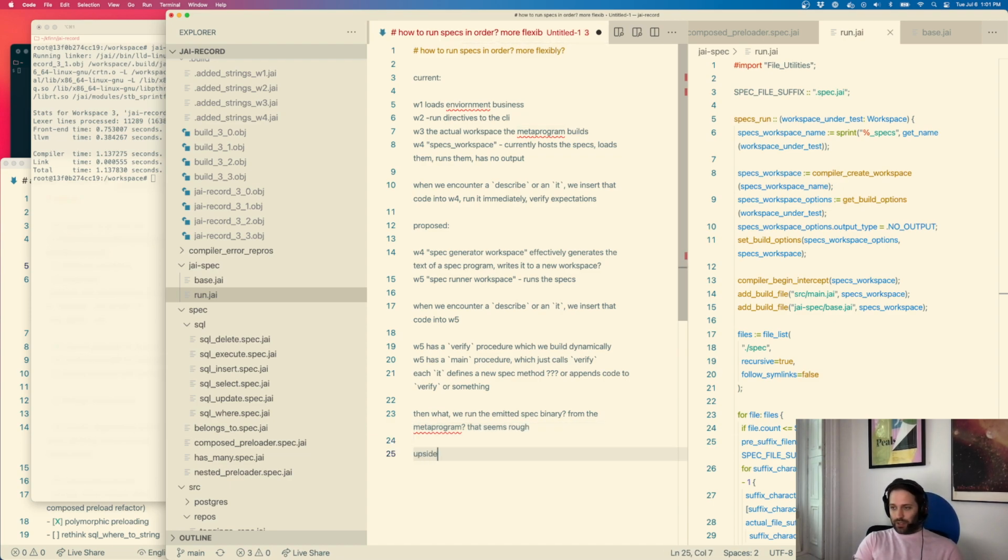Okay, but upsides: spec code isn't run as bytecode, but as compiled binary, much more like production code, and then also we can probably take it easier with it. Probably makes it, I bet, so before each